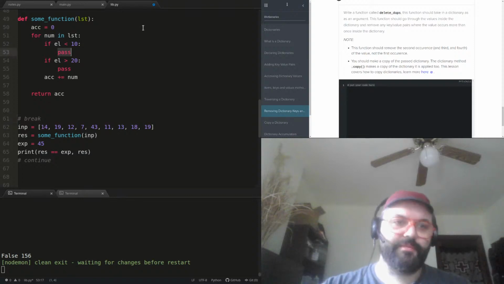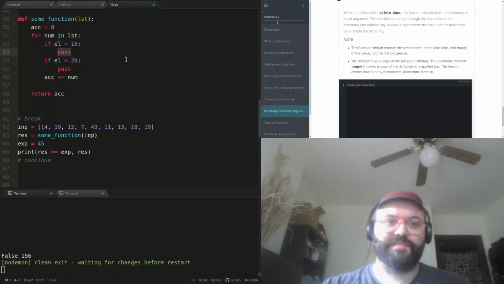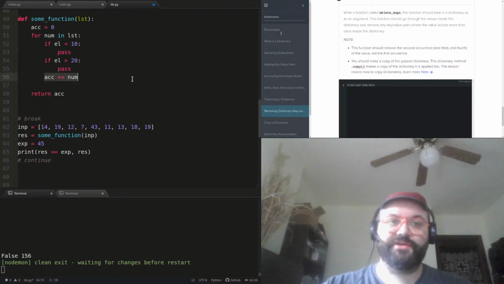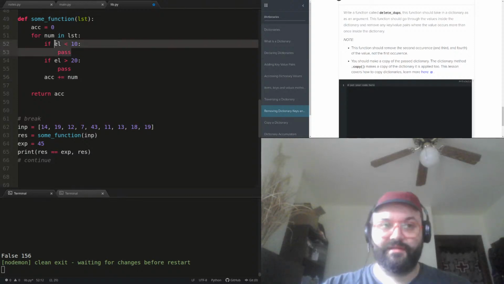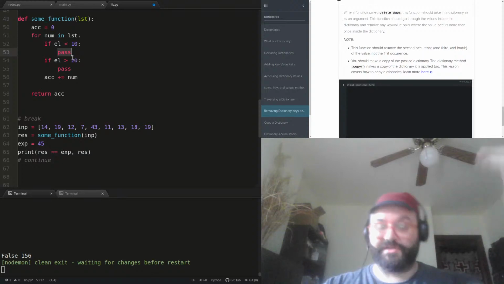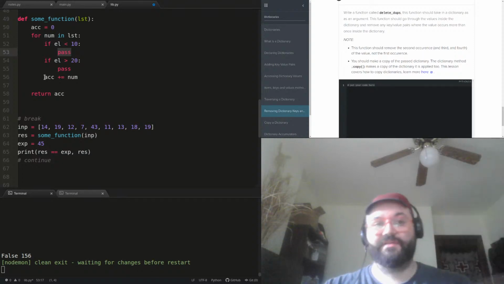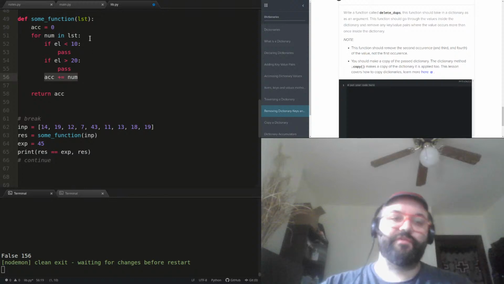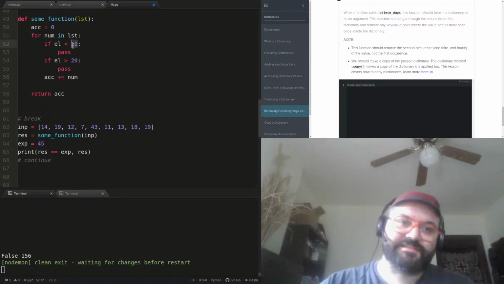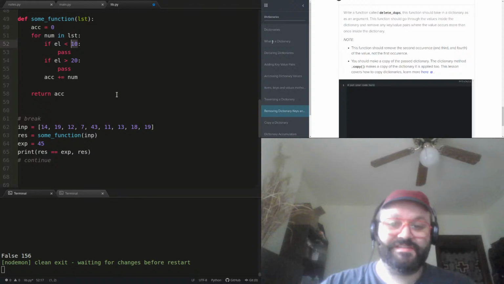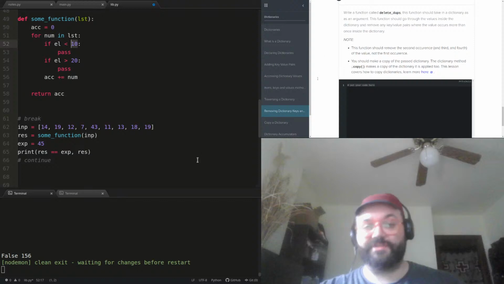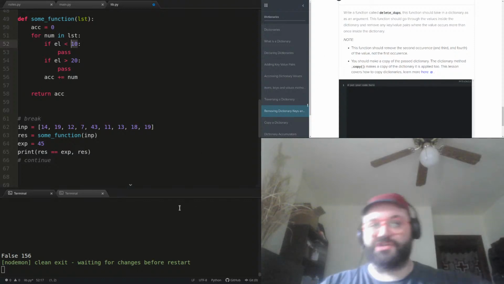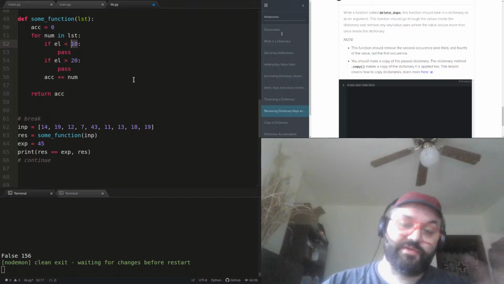So if I get a number that's less than 10, I basically don't want to do anything. I want to make sure that I don't run this line of code. If I put a pass in here, it's not going to do anything here, but it's still going to move past it and continue on to this. So if I find a number that's less than 10, what I want to do is skip this iteration. I don't even want to do anything else in this iteration. I just want to move on to the next iteration.